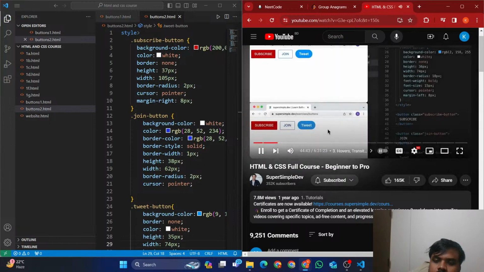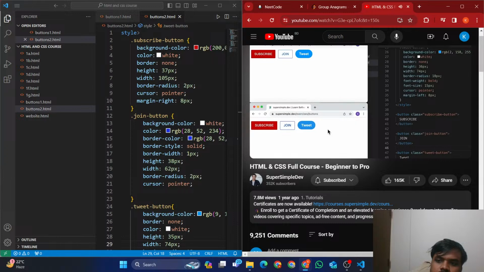In this lesson, we're going to learn some intermediate CSS skills, such as how to create hovers, transitions,